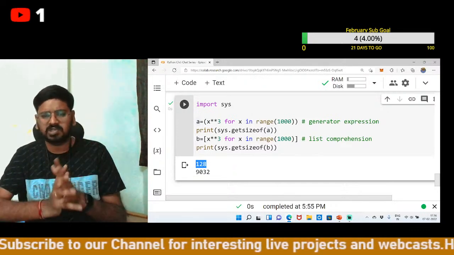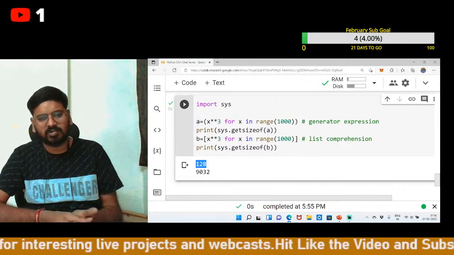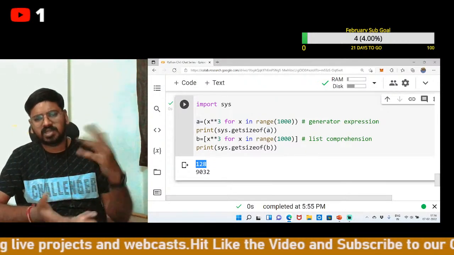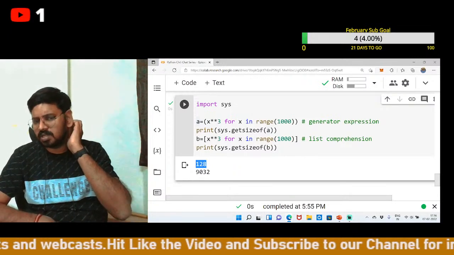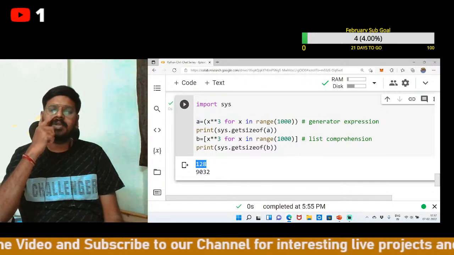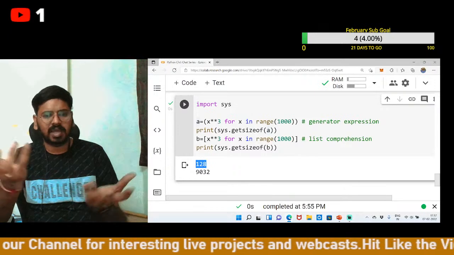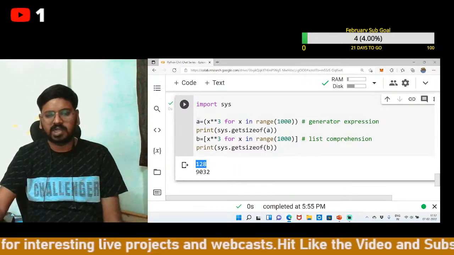For small data processing, I don't think a generator expression will help you out, because in the previous example, if you look, I have taken only 3 values. For 3 values, I don't think a generator object will help you out. Okay, you can go for direct. But when you have values of say greater than 500, or bulk values, then obviously a generator expression will help